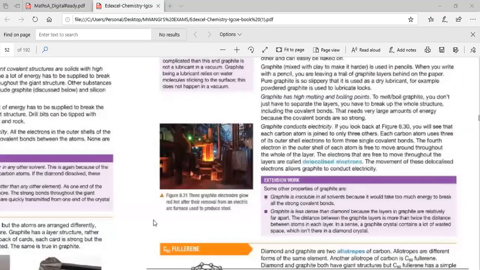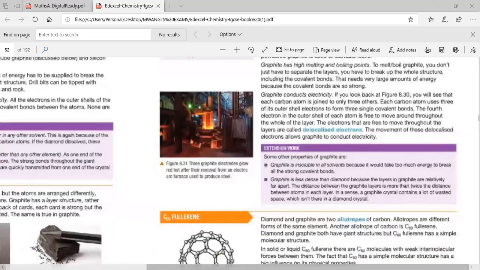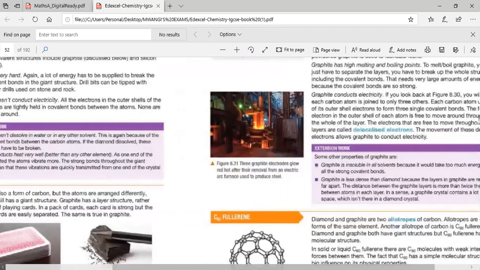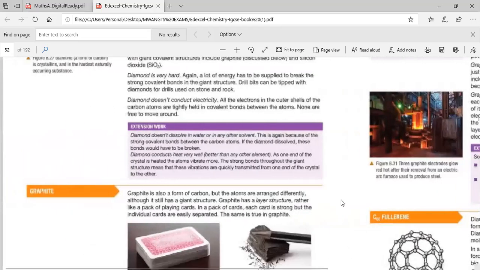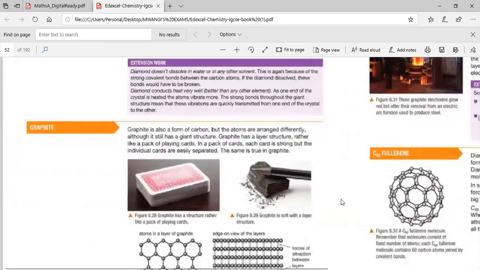So there, I'm sharing. Yesterday we were looking at forms of carbon, giant atomic structure or giant covalent structure, and we looked at diamond. The second type of element that you're going to look at is a special type of carbon called graphite. Graphite is also a form of carbon, but the atoms are arranged differently, although it still has a